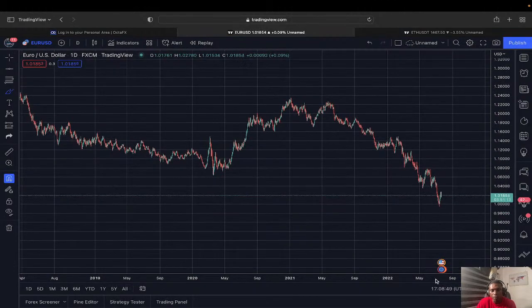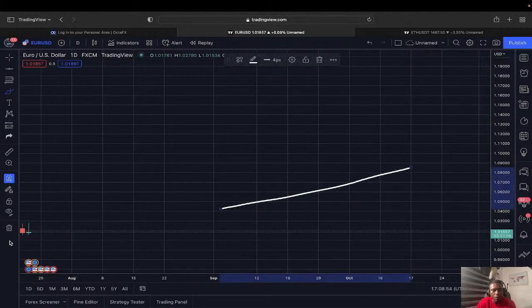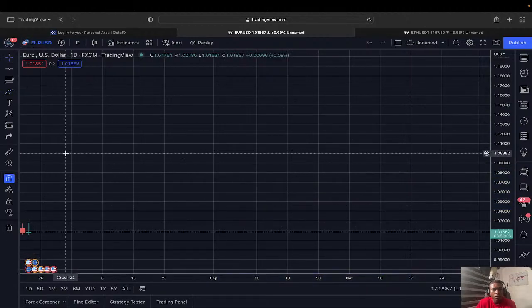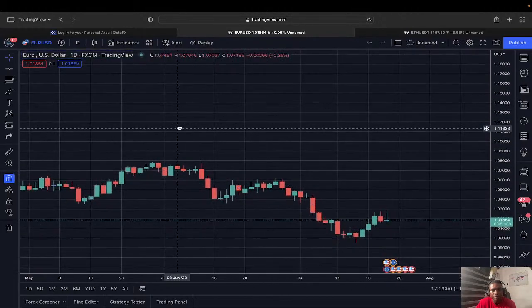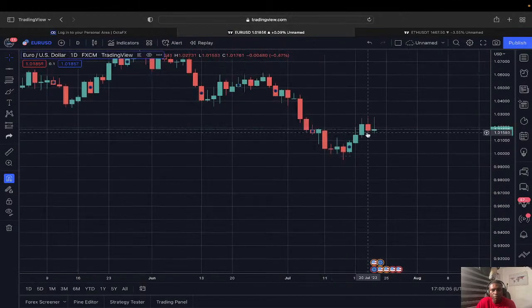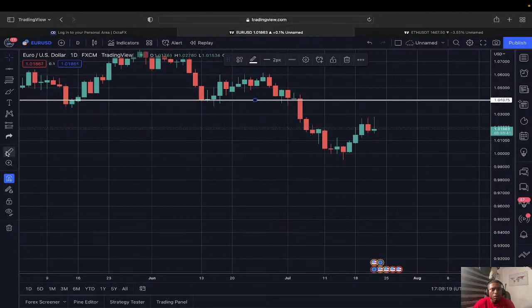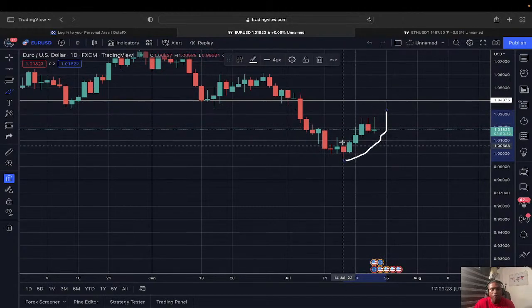So if you look closely, see what the market is doing here. Can you see that? All right, so this is the pullback region. This is the region where price pulled back. This is the region of the breakout. This is the region of the pullback. There was a pullback here.